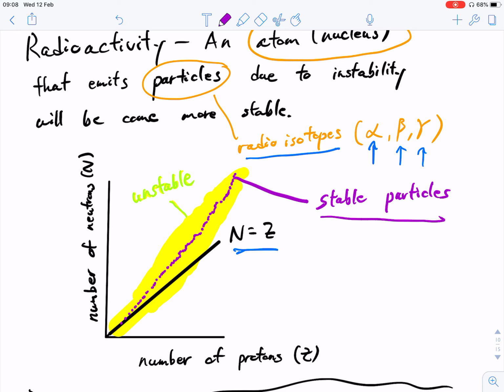So it gets a little bit higher above the 1-to-1 ratio, where there's exactly equal numbers of protons and neutrons. It starts to go up more and more, and we see more and more neutrons are needed to keep the object stable. And so the part in yellow is the unstable